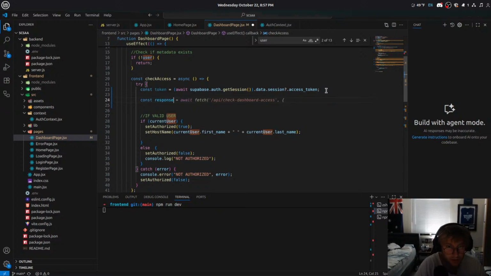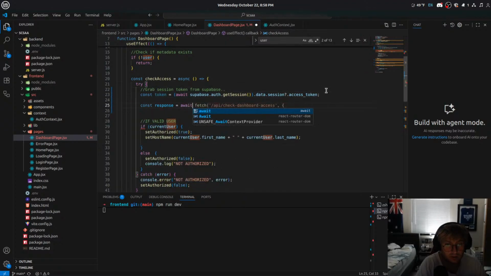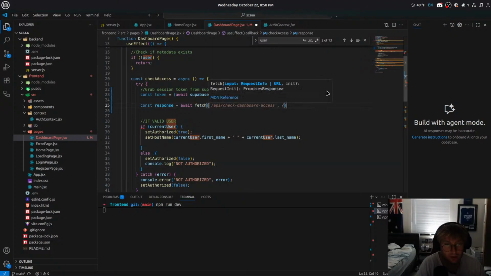Then we want to do the API call here, right? So grab the session token from Supabase, and then make the API call. So let's do fetch, right? And we want to just